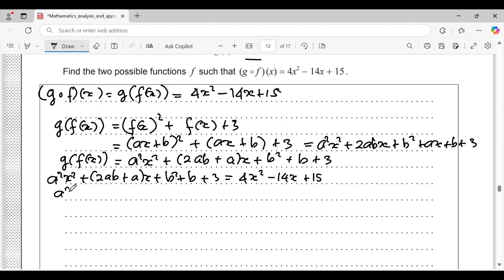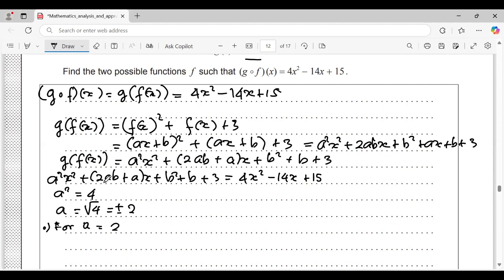So a squared equals 4, because a squared x squared is parallel with 4x squared. So it means a equals square root of 4, and it is plus or minus 2. And x, for the first condition, for a equal 2, it means